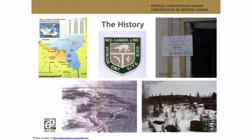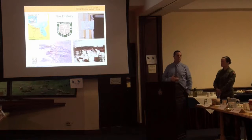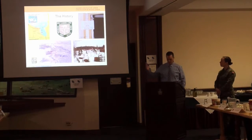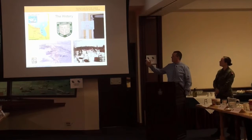The site itself, you can see on the slides on this side, was contaminated heavily with things like PCBs, hydrocarbons, and other contaminants. And for years, the locals, the Winisk First Nation, and the Ontario government lobbied the federal government to help them with the cleanup of the site. In 2009, DND entered into a contribution agreement with the Ontario Ministry of Natural Resources to help fund part of the cleanup. And as they were doing the research on these sites, I was sent, in 2010,